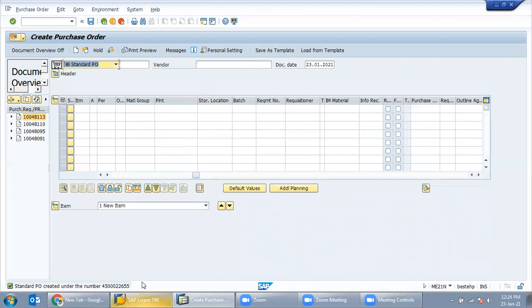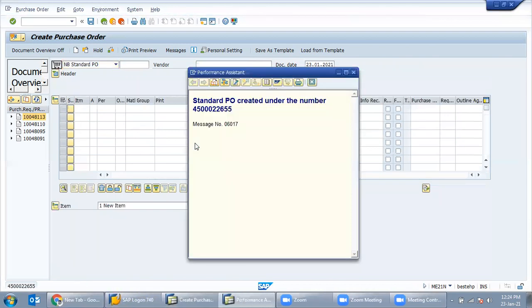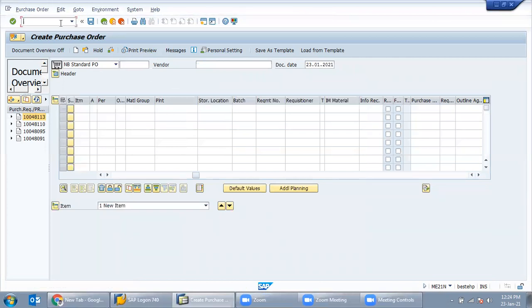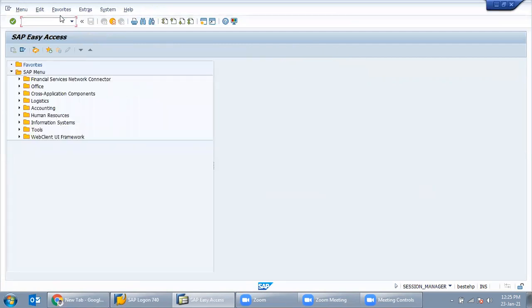The purchase order number is 4500022655. So this is our purchase order. Okay. So after the purchase order, what will happen? The vendor will bring that particular material to our plant premises, and we need to receive that. While receiving, the receiving job will be done through the store department. The store department will receive it. So the T code for receiving the material is MIGO.